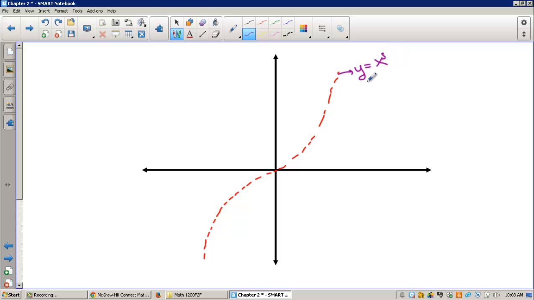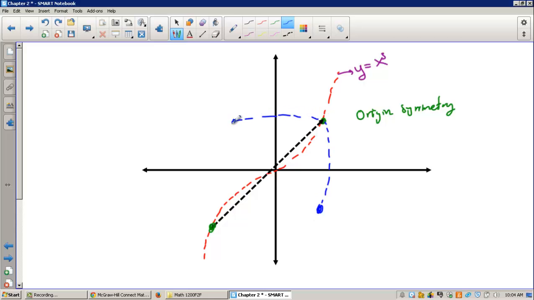Yes, it's x cubed. Does it have origin symmetry? Yes. Take a point and connect it to the origin and go all the way the opposite distance. Yes, you will find another point there. So it is origin symmetric. However, it doesn't have x or y symmetry, because if you had x symmetry, you would expect a point down here, right? If you had y symmetry, you would have expected something on the left side, but they're absent. So this is not x